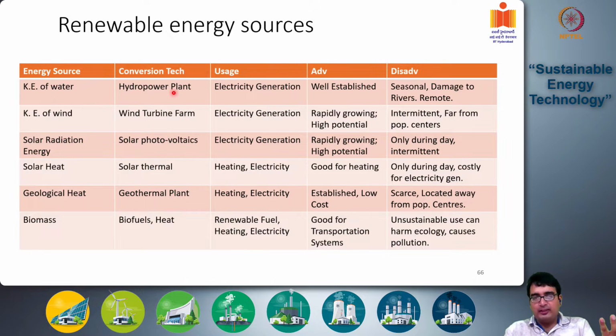Here the conversion technology is a hydropower plant, which harnesses the kinetic energy associated with moving water as it flows from high altitude mountains towards the sea. The usage here is electricity generation through hydroelectric power plants. And the advantage here is that the technology is very well established. We have hydroelectric dams in many parts of India and many parts of the world